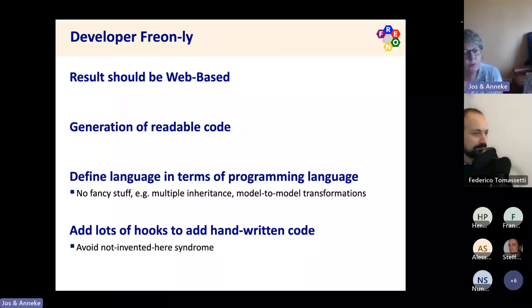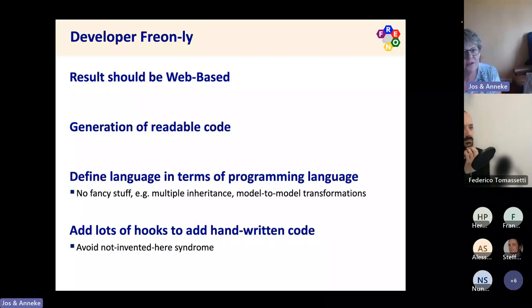And also we wanted lots and lots of hooks to add handwritten code, because all these tools that help you develop a system always have this corner which is not good enough for the system that you are building at that current moment.